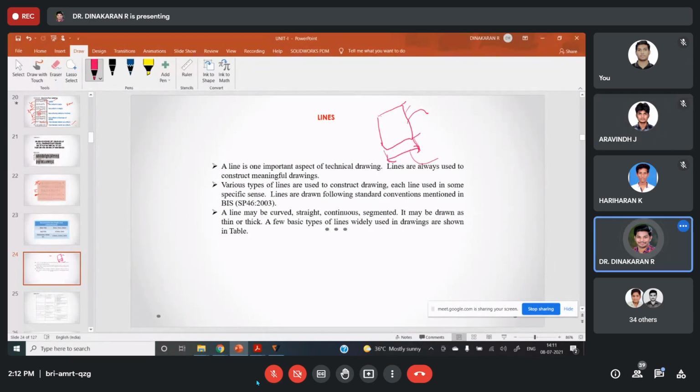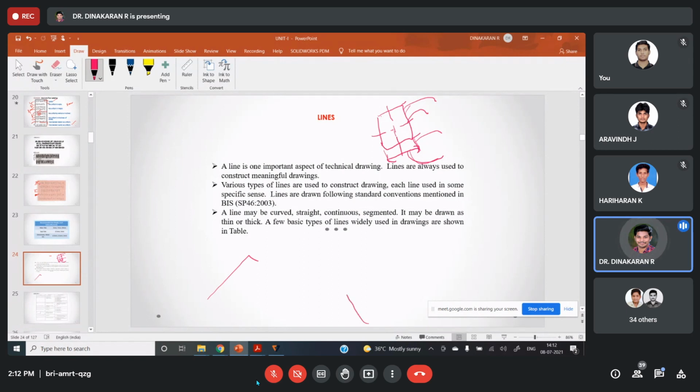So like that, in drawings, for all the lines, some meaning is there. If you draw this line, it is a visible line. If I draw this line, it means extension line. If I draw a line with closed arrow marks, that's the dimension line. If I draw with a dashed thin line, it will be a center line or axis line. Each line has a separate meaning. Normally when we draw a line, it is just a line, but in technical drawing each line has some meaning.